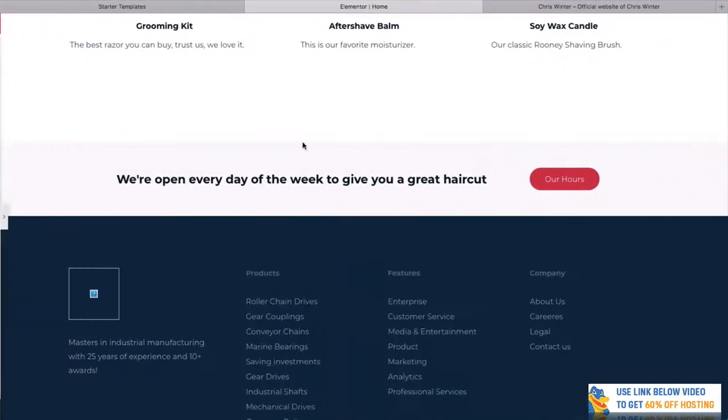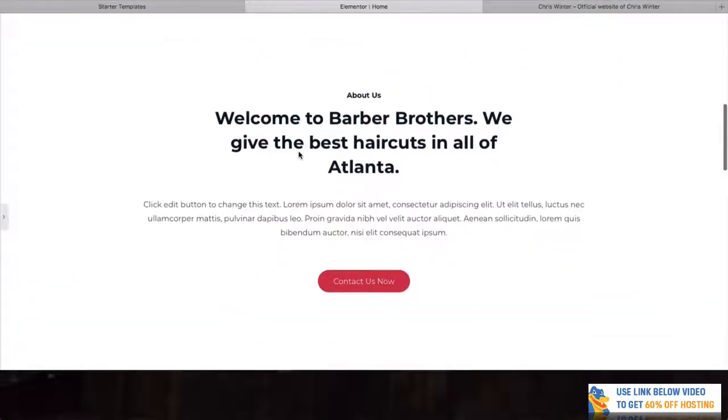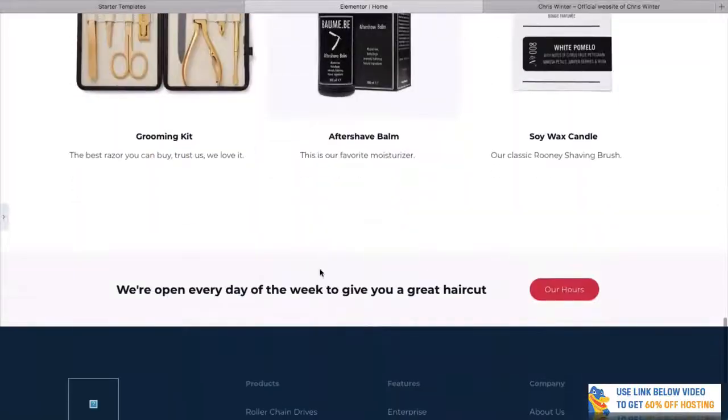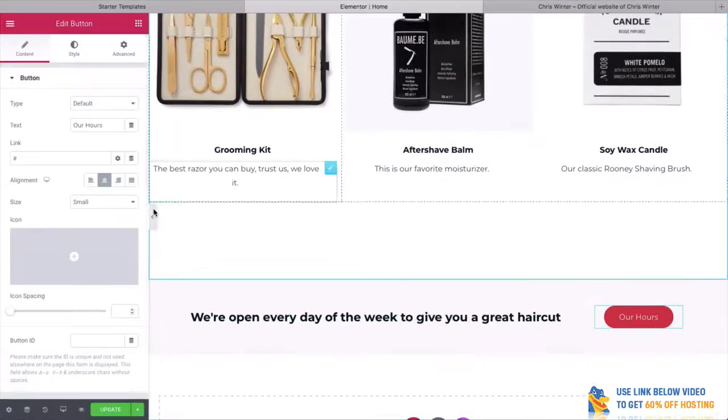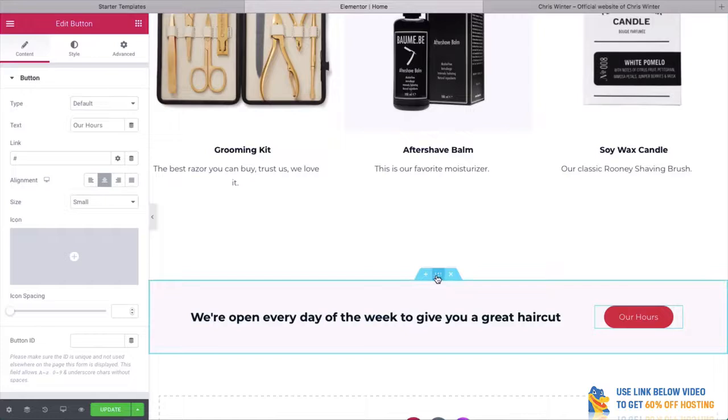Now, let's close this for a second and take a bit of a look. I think we actually want to have this here slightly higher. Now, how are we going to do this? Well, it's really easy. All you need to do, again, open this little panel open. And do you see this button here? This is a button which will allow us to drag this. So I can simply go like this